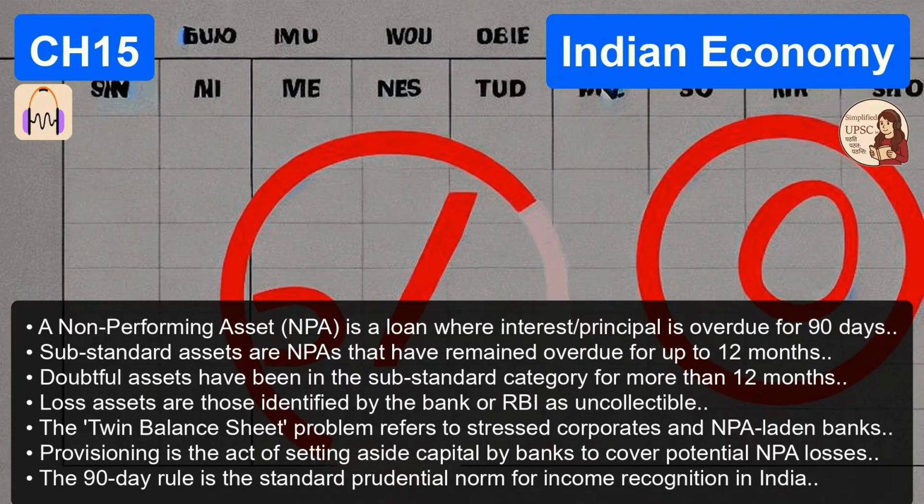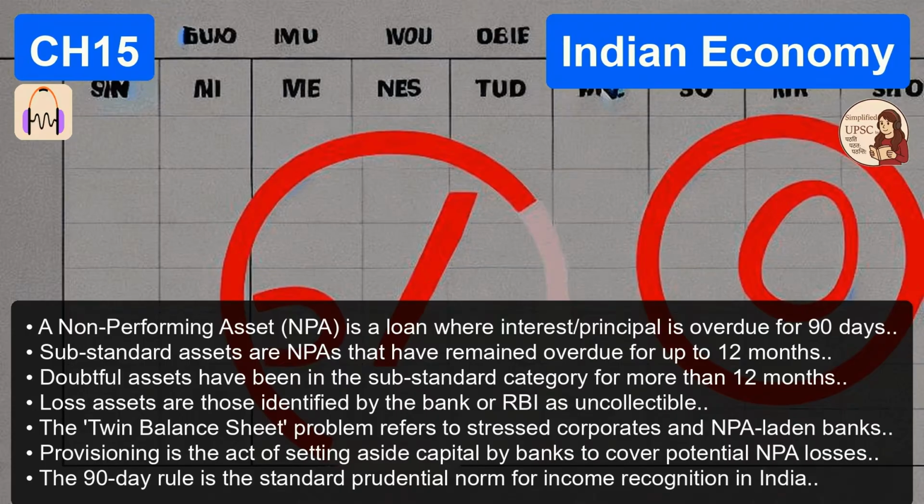It introduced 3 pillars. What are the pillars? Pillar 1 was the minimum capital requirement, staying at 8%. Pillar 2 was supervisory review. This meant banks need better internal risk management models, and the RBI needs to watch them much more closely. And Pillar 3? Market discipline. What does that mean in practice? It means forcing banks to publicly disclose their data. If a bank is making risky bets, the market, meaning investors, should know about it so they can punish the bank by selling its shares.